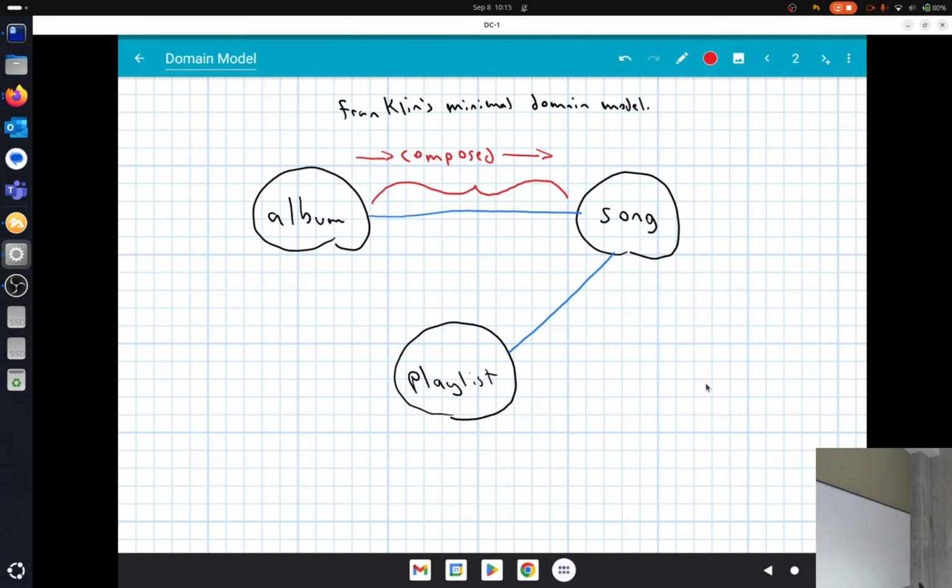If I delete a song, I probably don't want to delete the whole album. We can make philosophical arguments that if I deleted a song, it's no longer the album that it was, but that's a philosophical argument. If I delete a song, I probably don't want to recursively go back and delete everything else that was on that album. If I delete an album, I probably want to delete all the songs that are on that album. I want to delete that whole set of things. So the relationship that we have between album and song here is that an album is